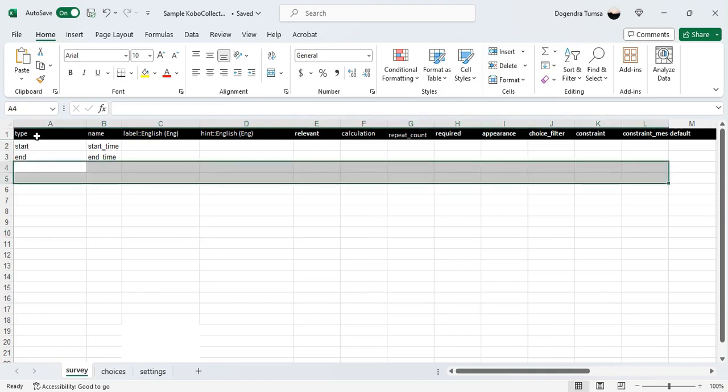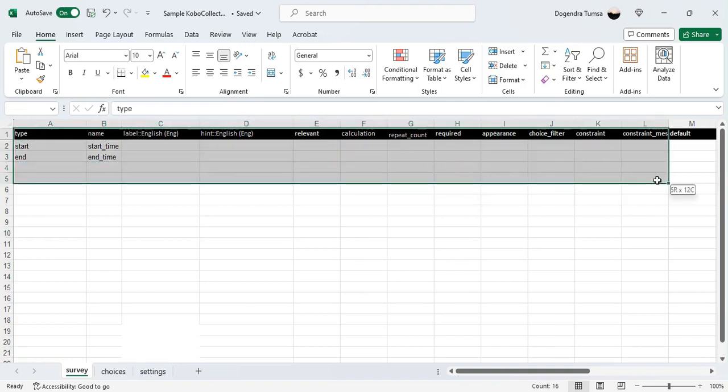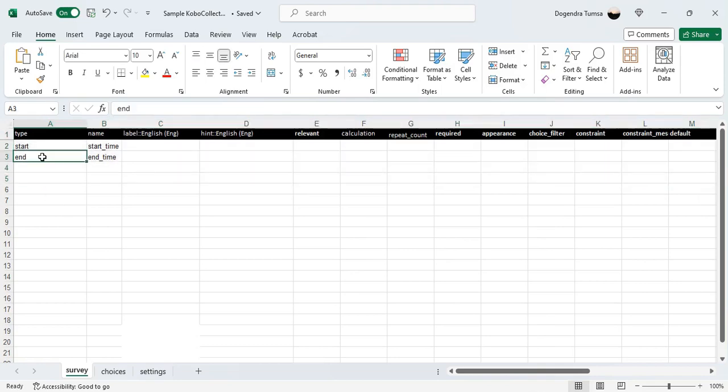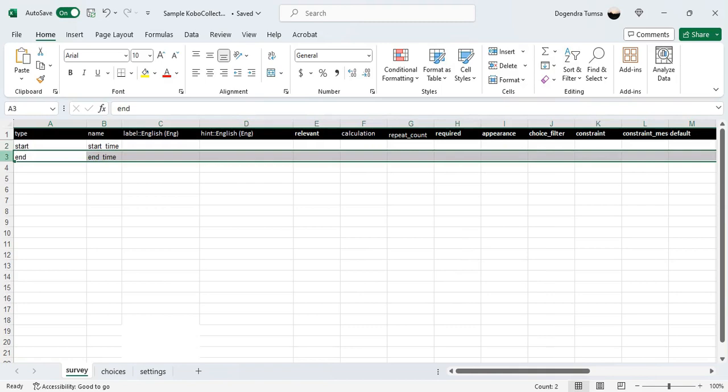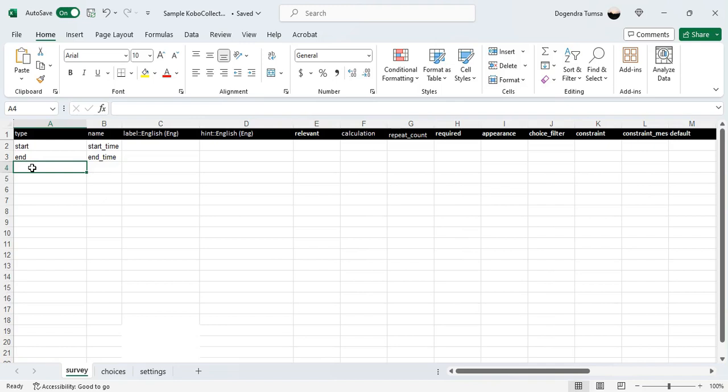For this, I already have developed a sample program. As always, these two variables are by default start auto capture the start time and date, and end auto capture the end date and time of the survey. For this, I am just going to add a question about the household member,